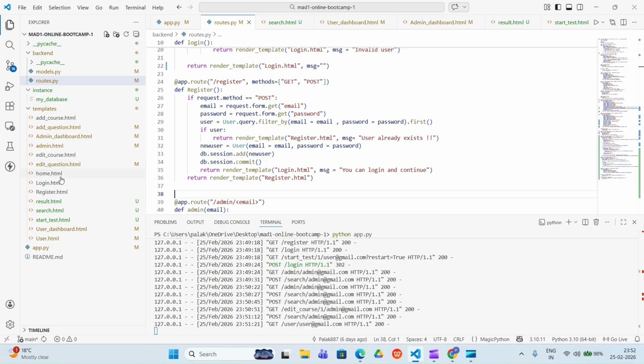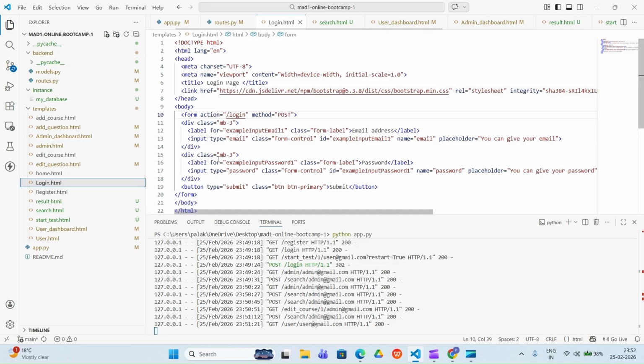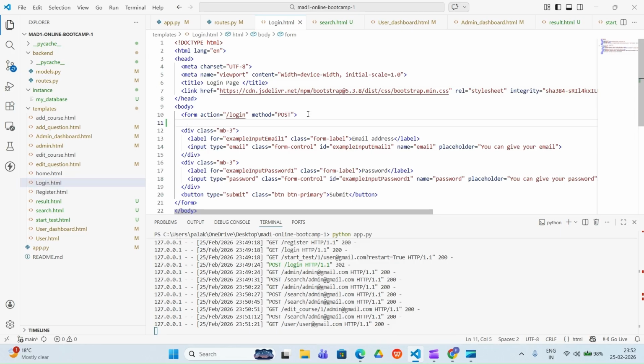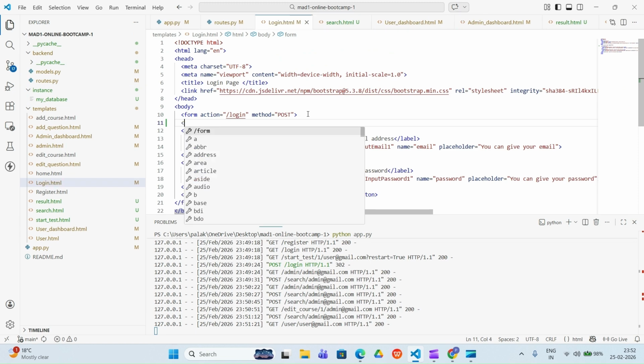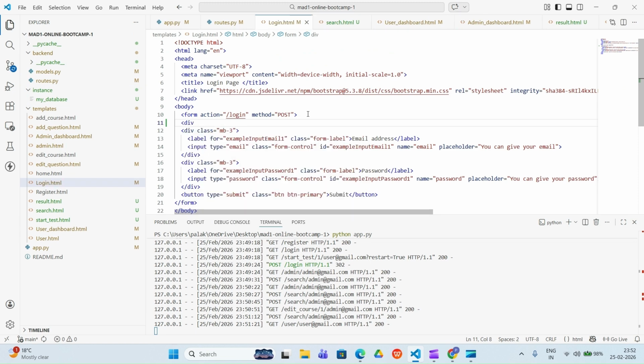So what we can do is go to the login.html and give this message here. You can give it anywhere, so let me give it here. I will write it into the div form, and give the class text-danger. Then we are going to render that particular message here, so we'll write message msg.